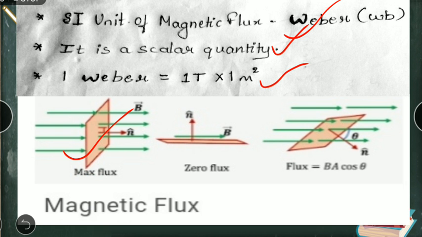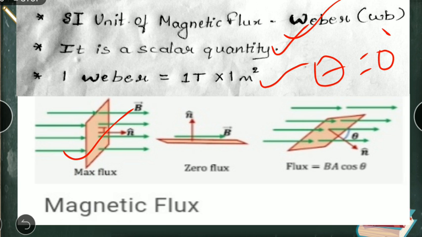When will the flux be maximum? If the field is parallel to the surface, that is, if theta is equal to 0 degrees,